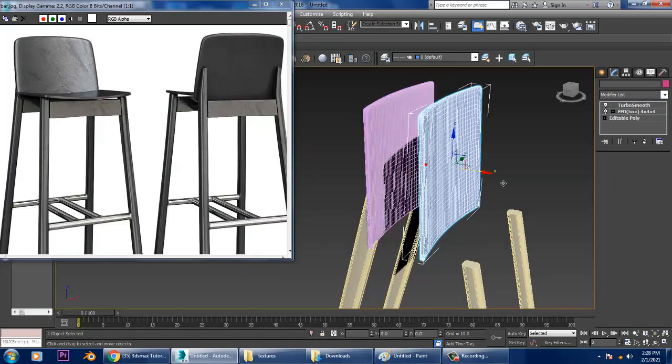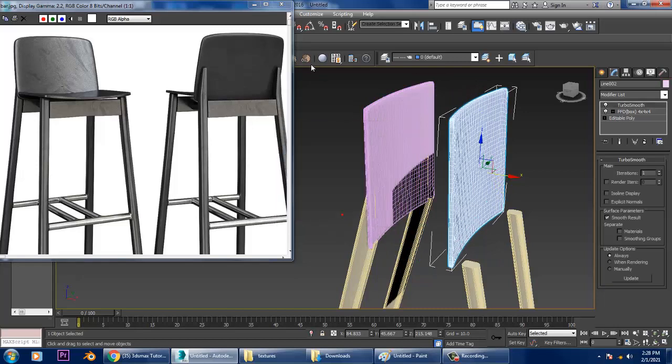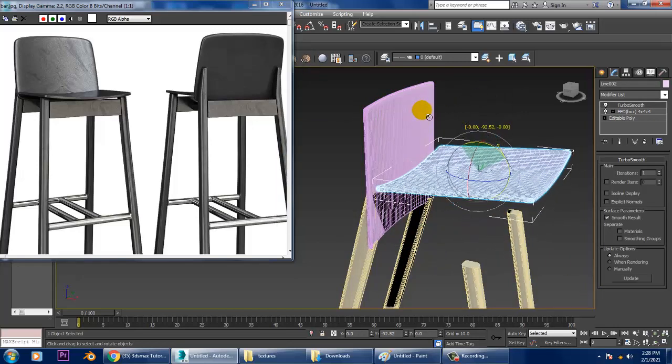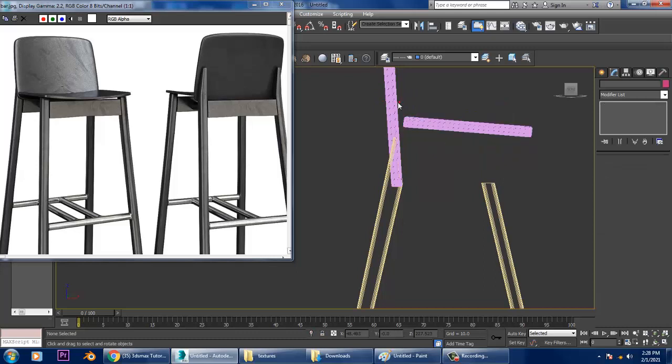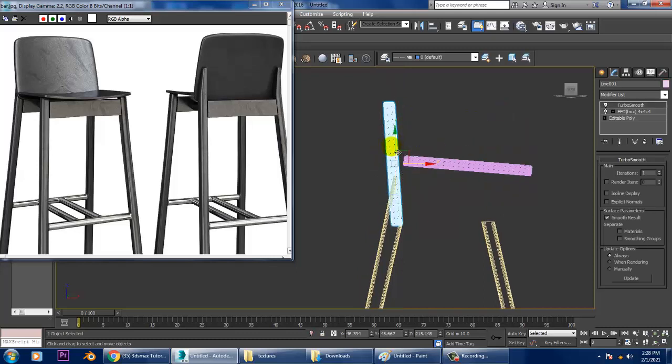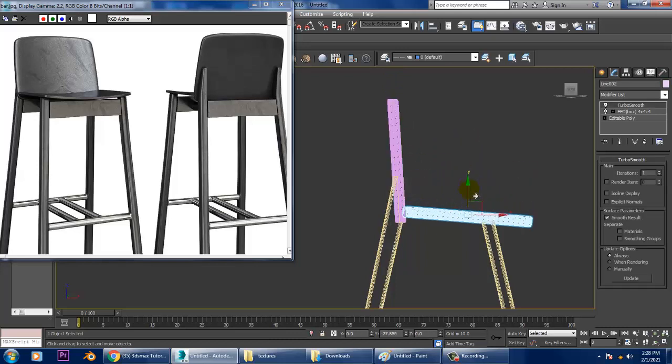Press shift and drag to duplicate it, and I can slightly drag it more down, till here.